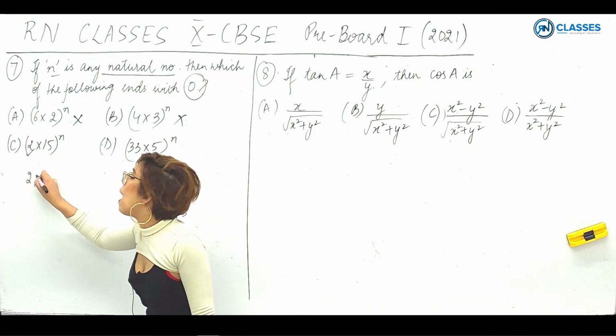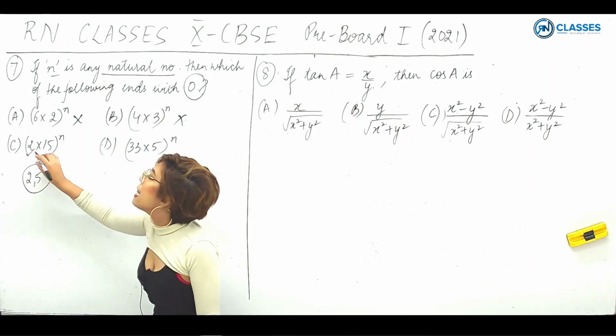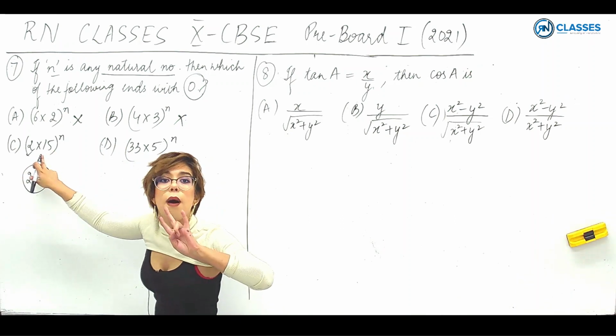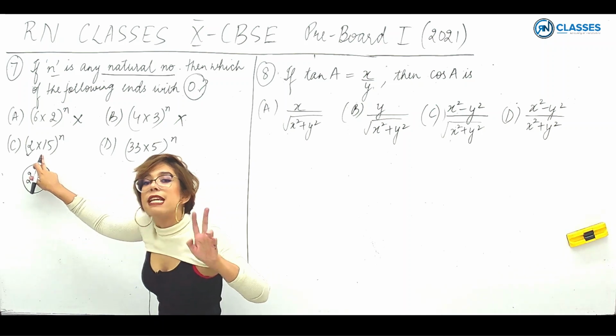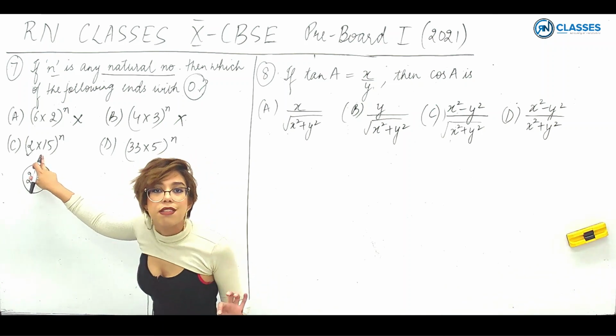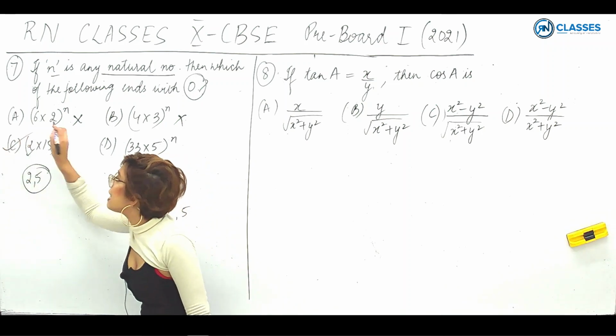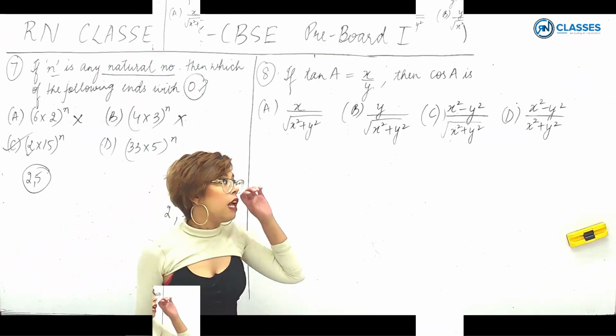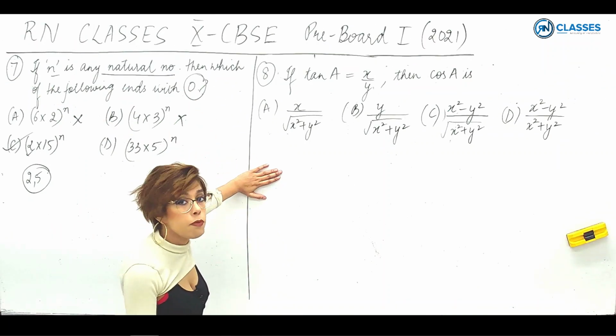Since both 2 and 5 are present, definitely this number would be a multiple of 10. That means it will end with at least one 0. That means option C is the correct one. Now, the next one, question number